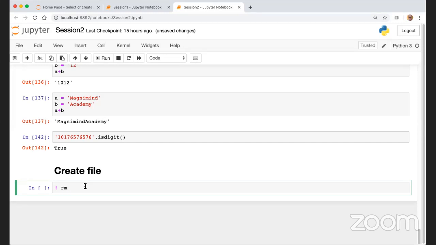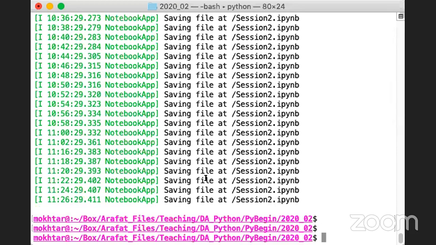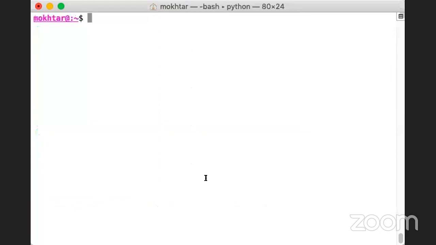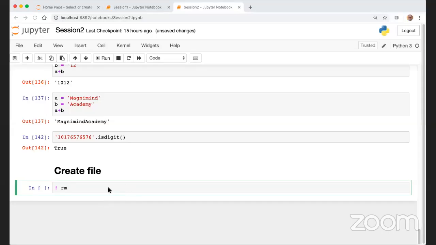I'm saying rm, which is exactly the command line. So basically, I think I am sharing my screen. Let me do this for a moment. So if I say I'm removing a file called